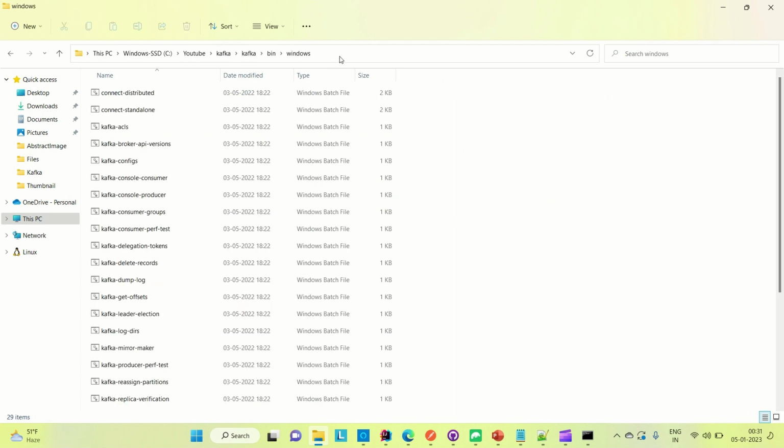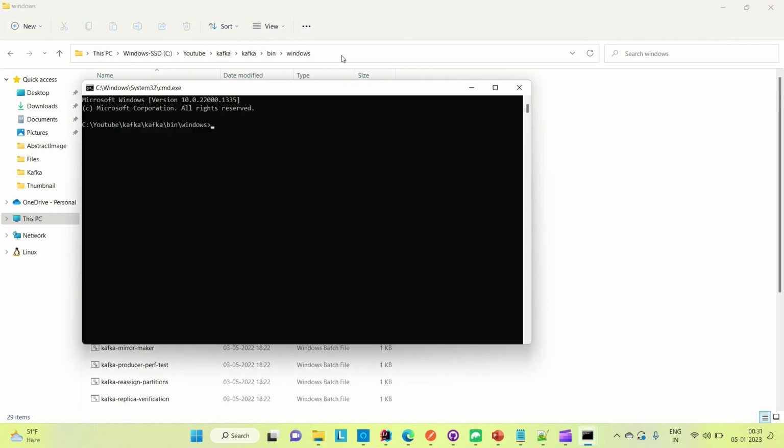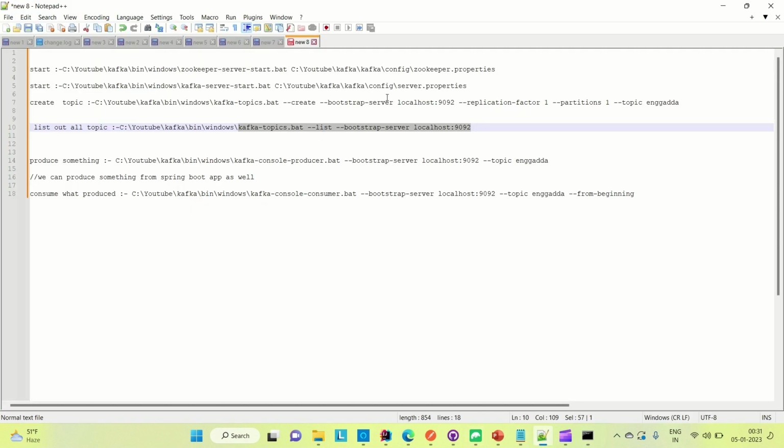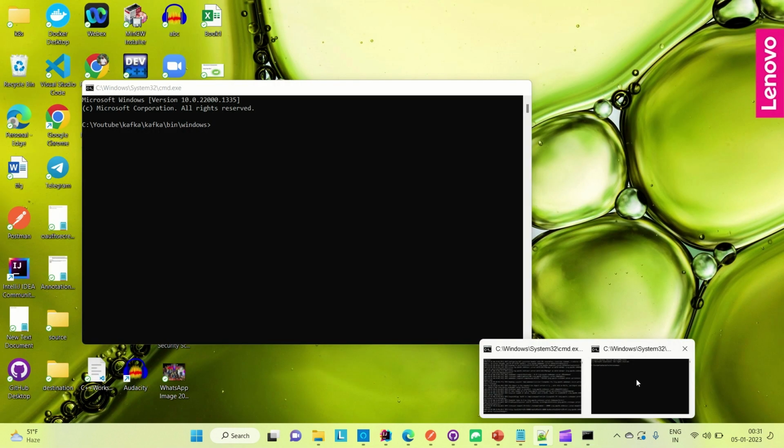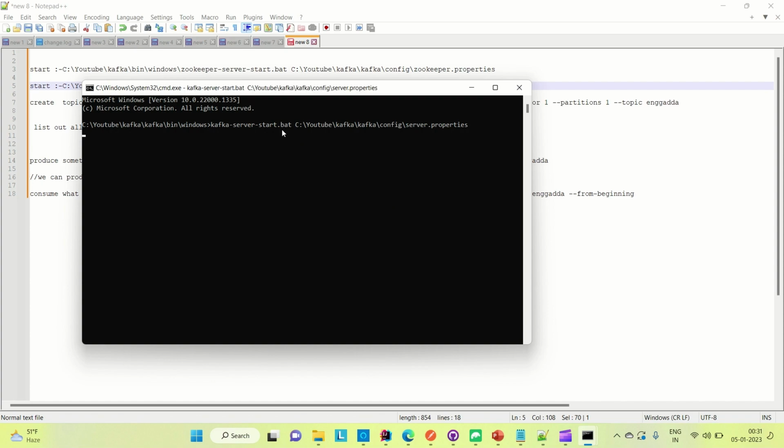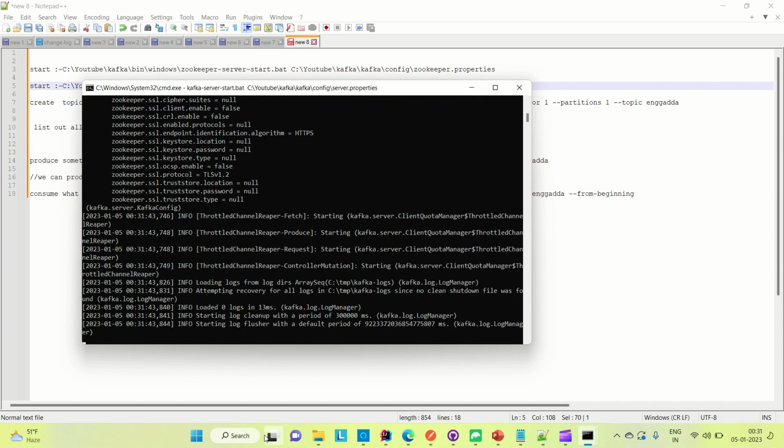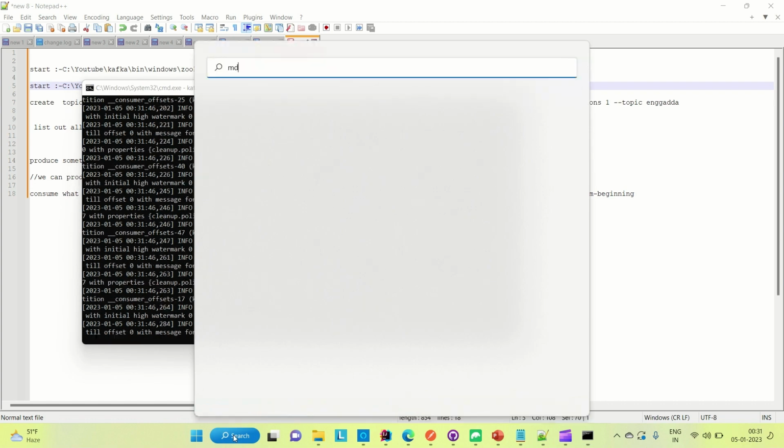So Zookeeper is up. We need to start the Kafka server. So for that, let me copy the command, the fresh command from here. Let me come here and paste it. So let it start, and then what I need to show you all is the